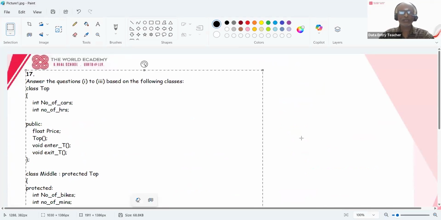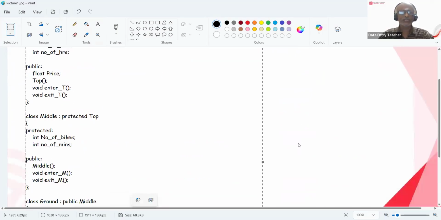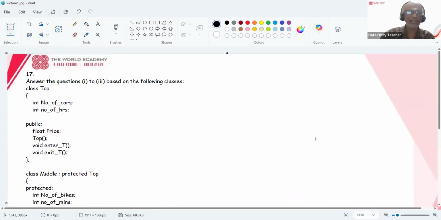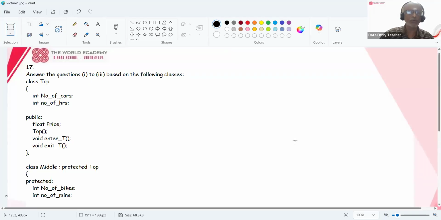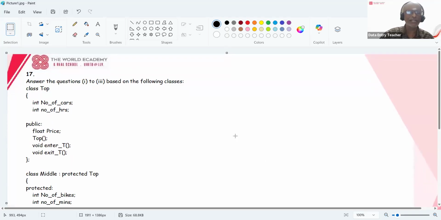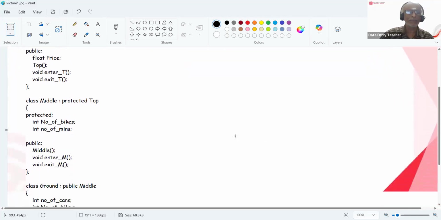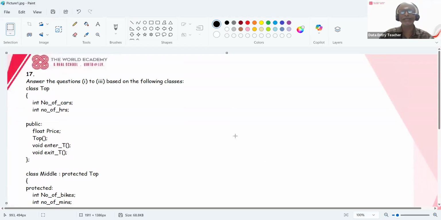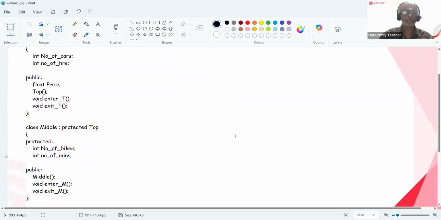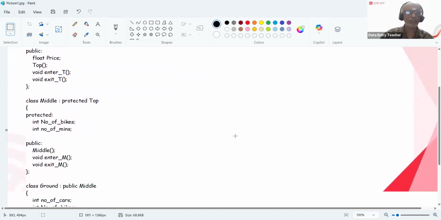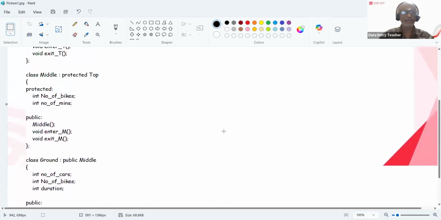So you are going to answer these questions. Let me give you the questions actually. The top is a class with data members number of cars, number of hours, and member functions, public, float price, and the constructor is top, and the member functions are enter T and exit T. The middle is inheriting the top with protected access, right? Protected variables are number of bikes and number of minutes for the class middle, and the member functions of class middle: you are calling the constructor function to assign the values. Then enter M and exit M are the member functions of the middle class,